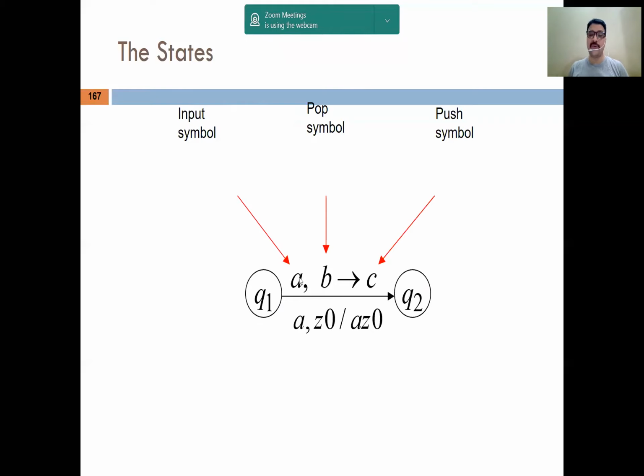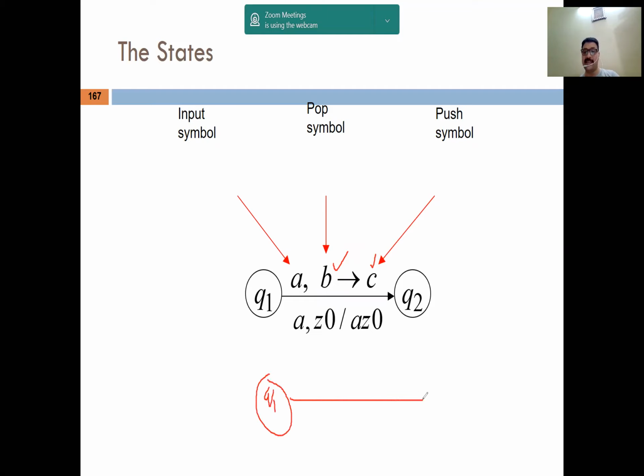you can see, first of all you start to read the symbol from the input tape. And this is another symbol, B, you can see easily. That symbol is read from the stack. Now you are pushing the new symbol, that is C. So you can clearly see here, just as in the previous machine, that is DFA, how can we write the transition diagram, or we can represent the transition diagram in this format.